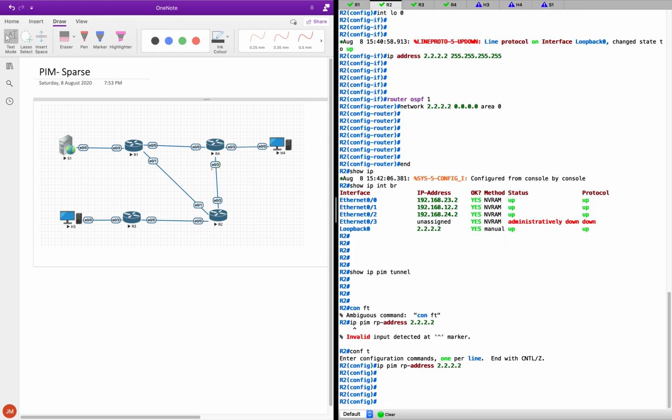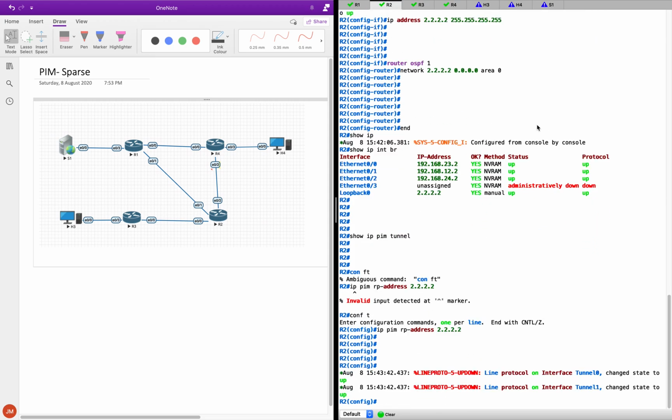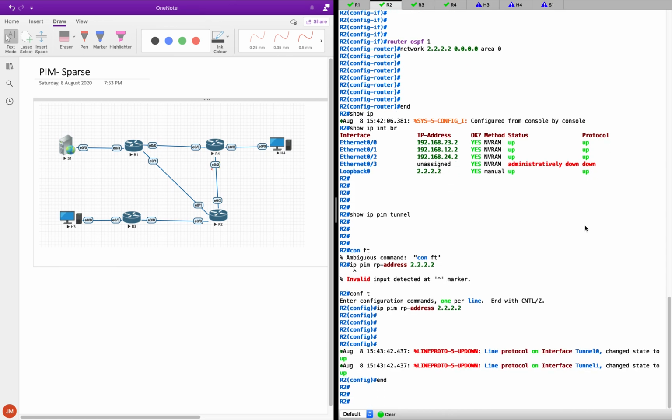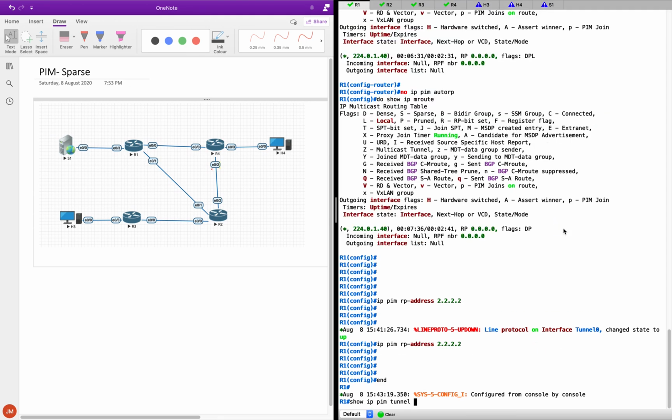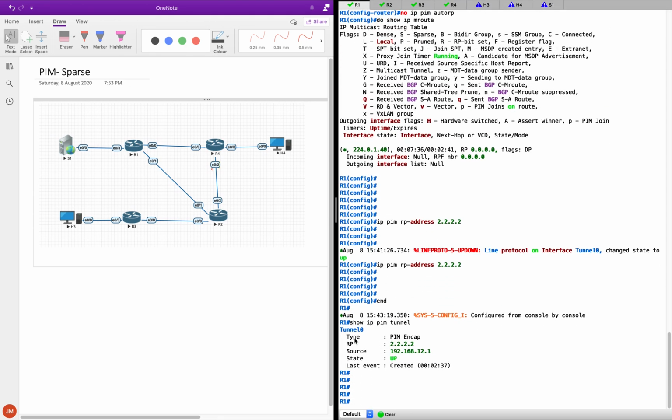Right, so you gotta put the RP everywhere, right? See, now you can see both the tunnels come up. Cool, that's exactly what I wanted. So you have to put the RP address on all the routers manually, right? Okay, so let's go and check the tunnels. So we should have some tunnels come up now, right? So let's look at those tunnels. So let's go to R1, and there you go, we have one tunnel up,